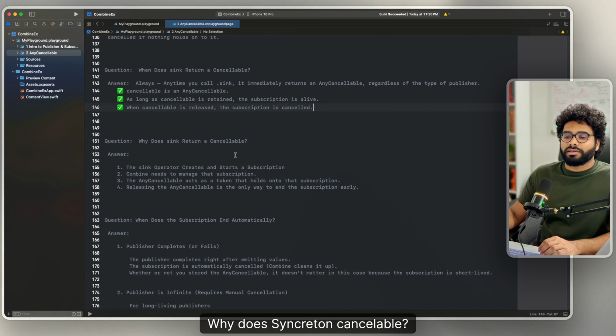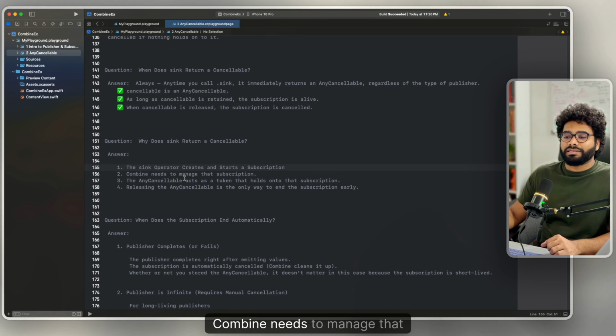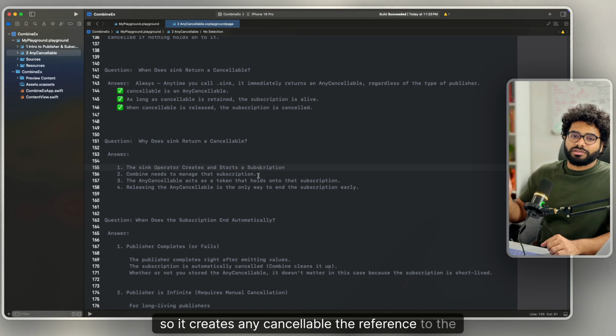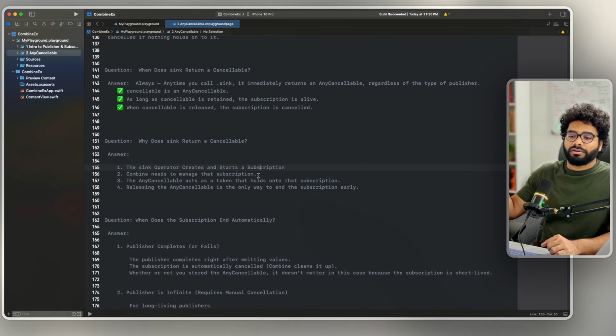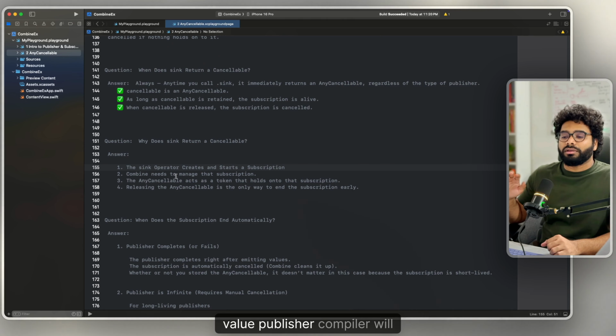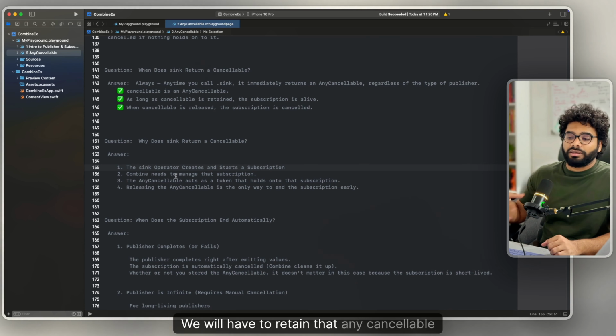Why does sink return a cancellable? The sink operator creates and starts a subscription. You would see it creates the AnyCancellable reference first and starts the subscription after that. Combine needs to manage that subscription. So it creates AnyCancellable, the reference to the subscription, and Combine needs to manage that. In case of a finite value publisher, the compiler will manage it, but in case of an infinite value publisher, we will have to maintain it. We will have to retain that AnyCancellable